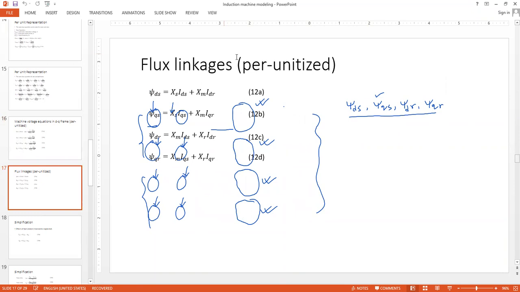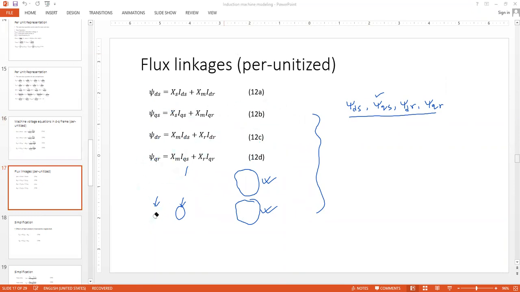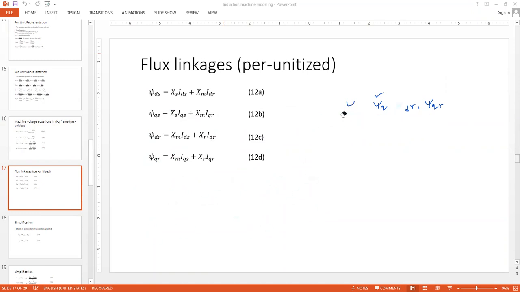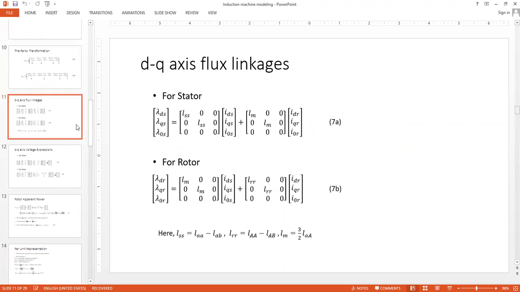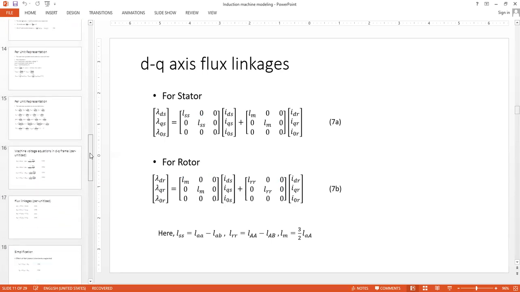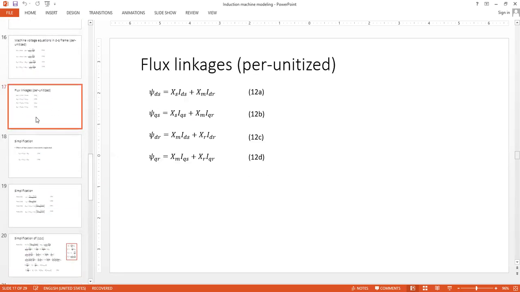Okay, so besides the voltage expressions, if you remember, we also had some flux linkage expressions. So now we per unitize those expressions. By the flux linkage expressions, I mean the expressions present in slide number 11 in equation 7a and 7b. These are in actual quantities, lambdas are in actual quantities, whereas psi, capital Psi, these are in per unitized